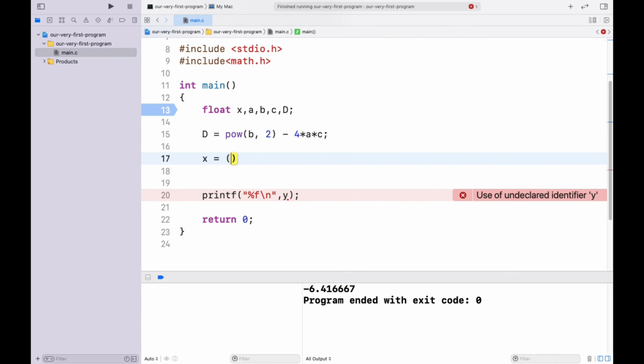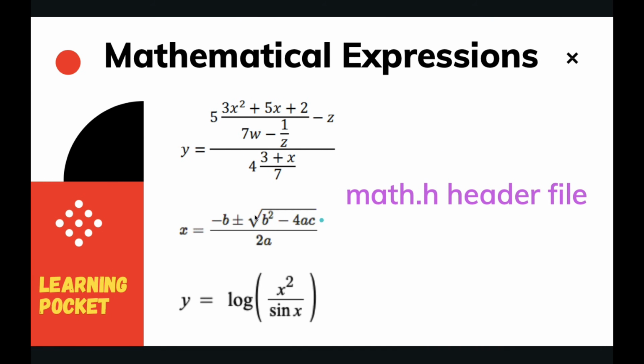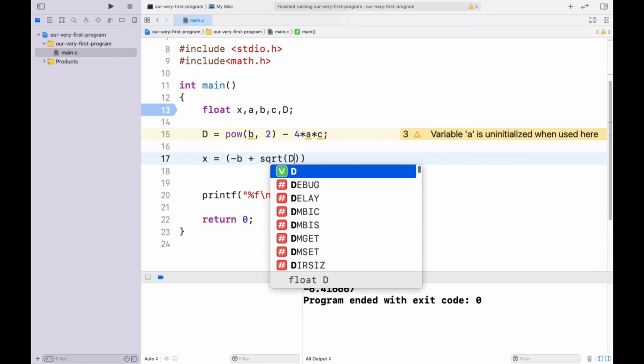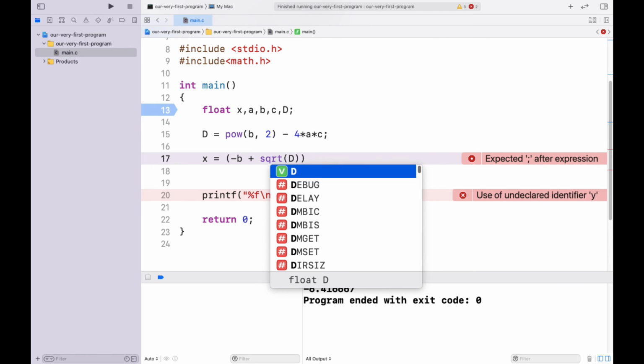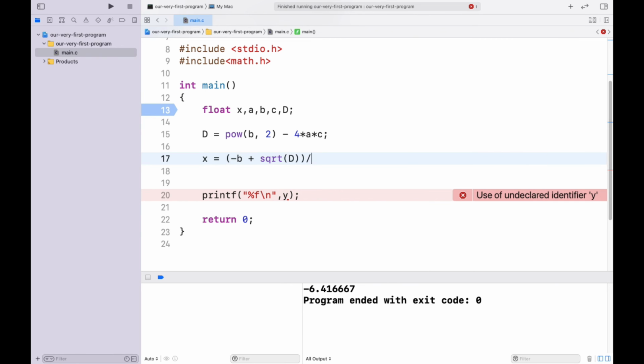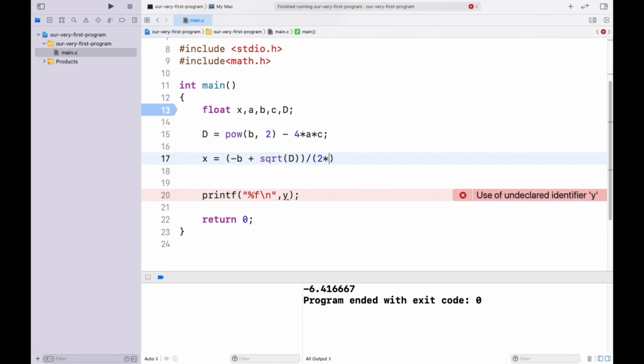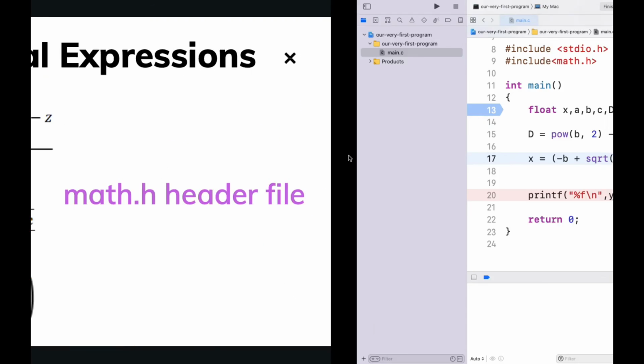we need to give brackets, minus b minus... there is one thing to note: you cannot write plus minus in mathematics. You need to calculate the value of plus separately and then minus separately. So I'm going to go for plus only. Plus the square root function, which is the square root of d, and that should be divided by 2a, 2 times a. So this is how you are going to write this second expression in C compiler itself,